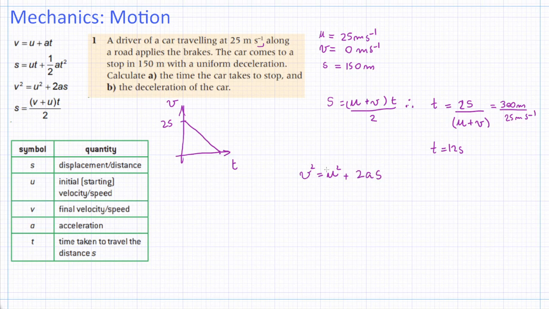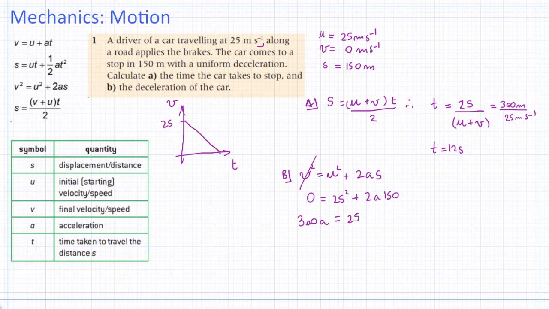So here we don't have time. We could use this equation straight away if we wanted to find the acceleration and we didn't want to find out the time. So this is 0, and this is 25 squared. So 0 is equal to 25 squared plus 2 times some acceleration that we don't know times 150. So this is going to be 300a,